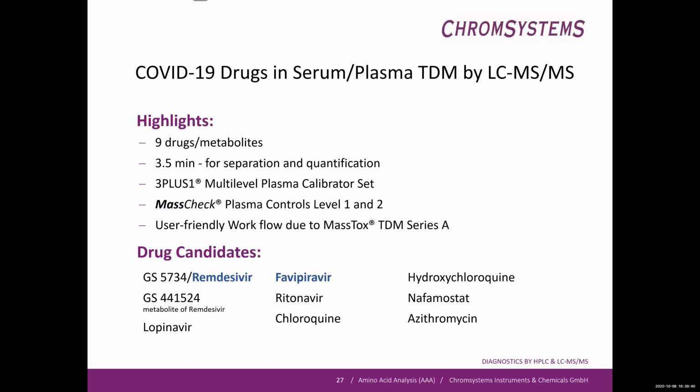It is necessary for a specialist like Chromsystems in this niche market to react and respond quickly to new trends and challenges. And by launching an application to quantitate COVID-19 drugs in serum plasma by MSMS, we did so. We are now featuring 9 drugs and metabolites in a 3.5 minute separation. We are providing a multi-level plasma calibrator set, also the controls in 2 levels, plus a user-friendly workflow in order to